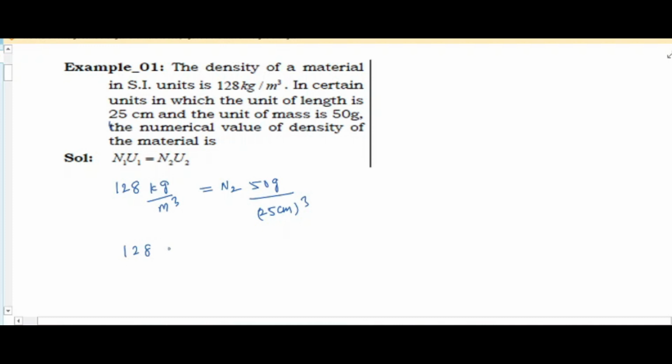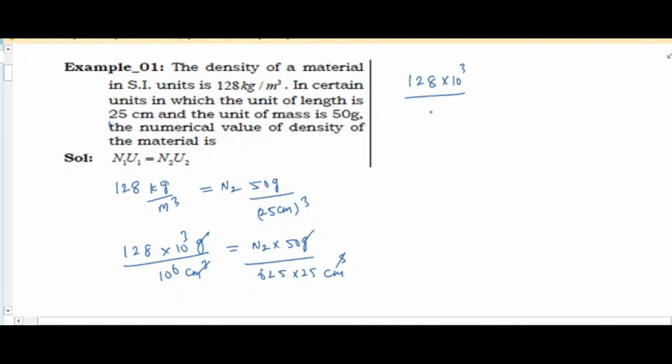Therefore, N1 into 128 kg, where 1 kg is equal to 1000 grams and 1 meter is equal to 100 centimeter, so this is 10 to the power of 6 centimeter cube. Therefore, N2 into 50 grams by 625 into 25 centimeter cube. Gram gets cancelled, centimeter cube cancel. This becomes 128 into 10 cube by 10 to the power of 6, that is equal to N2 into 50